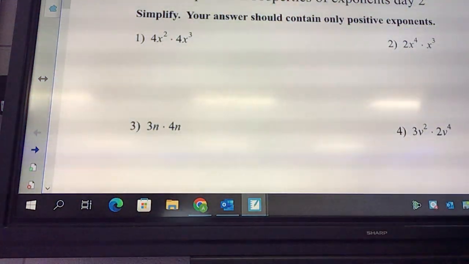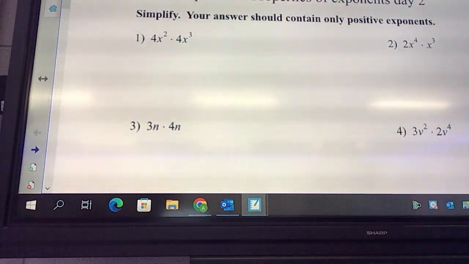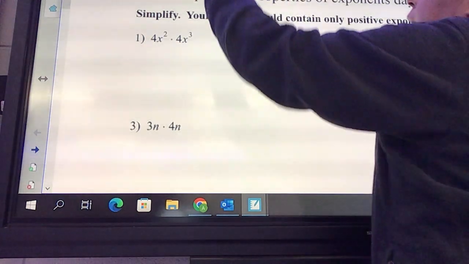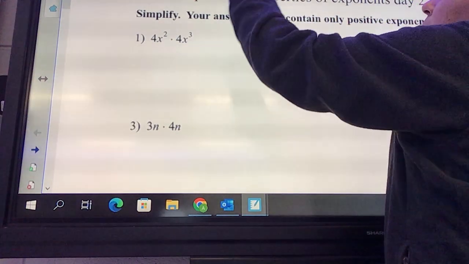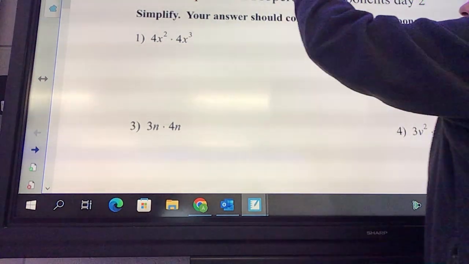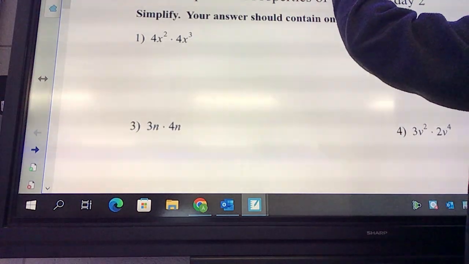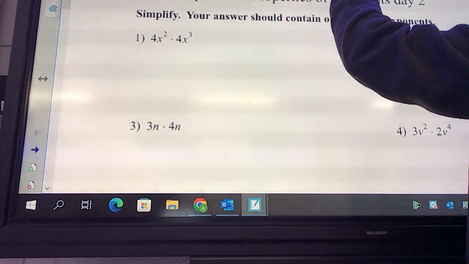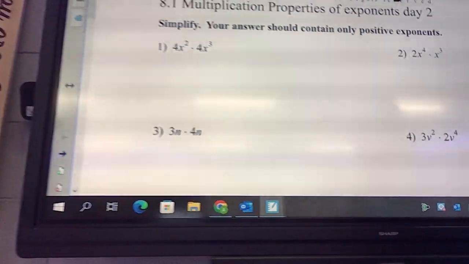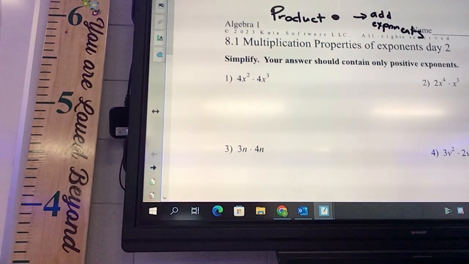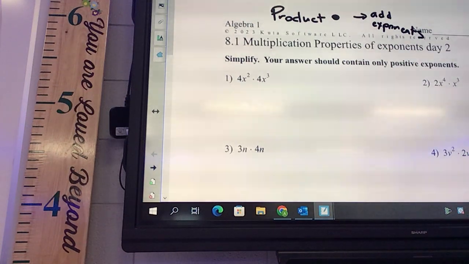Okay, so the first page we see the dot, and the dot lets us know that is the power or product property. Okay, that's what it's called. It's the product property, and it shows you a dot, and then you're gonna add the exponent. So when we see the dot, that lets us know to add the exponents. And essentially you're going to multiply the big numbers or the coefficients, and you're going to add up all